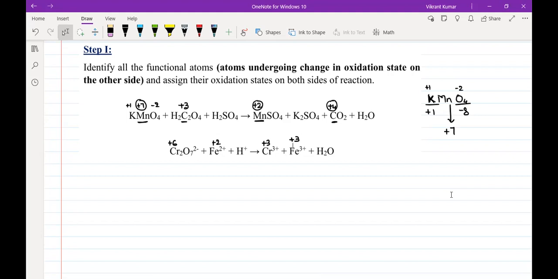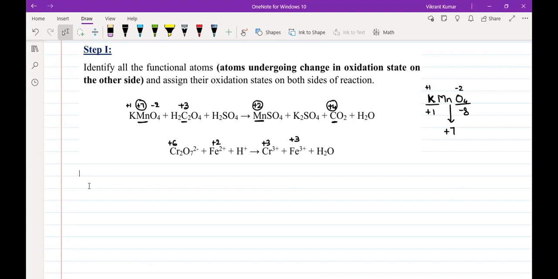Is it okay? Is the language clear? And reduction of what is happening? KMnO4. Of KMnO4, and where is it going? K2SO4. In KMnO4, of what is the reduction happening? Okay, Mn. Of Mn. And where is it going? MnSO4. So the second step is we'll be writing the two half reactions, oxidation half reaction and